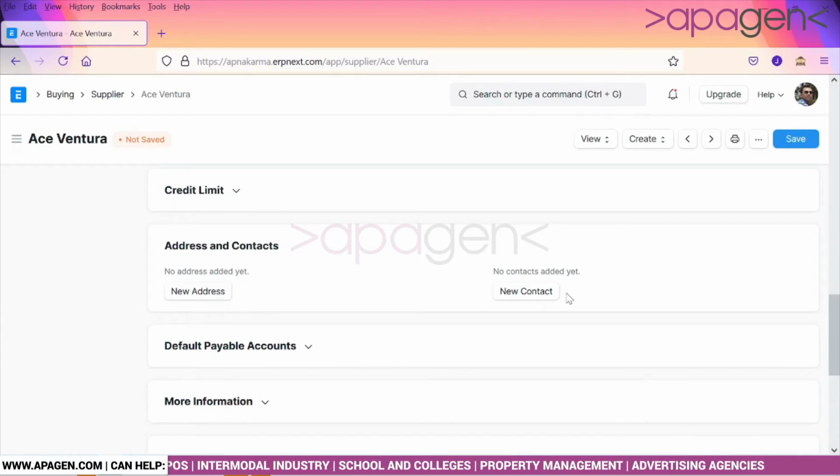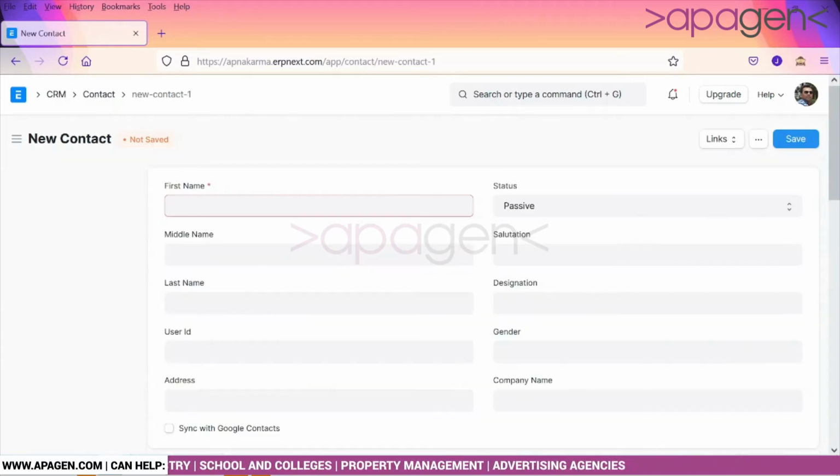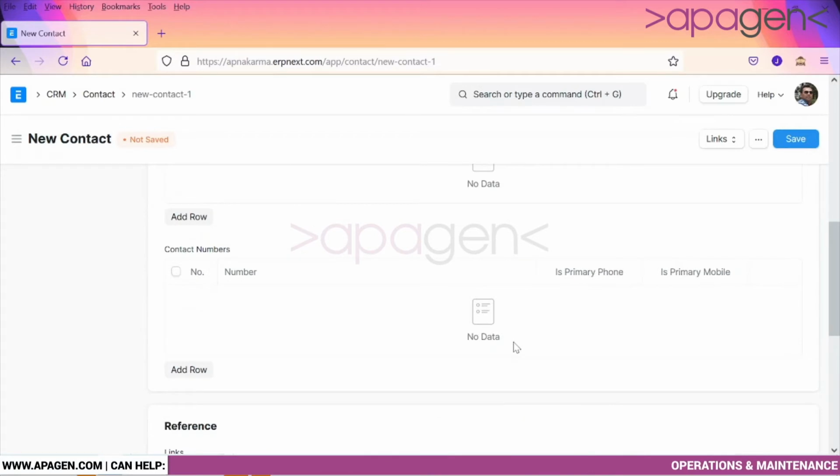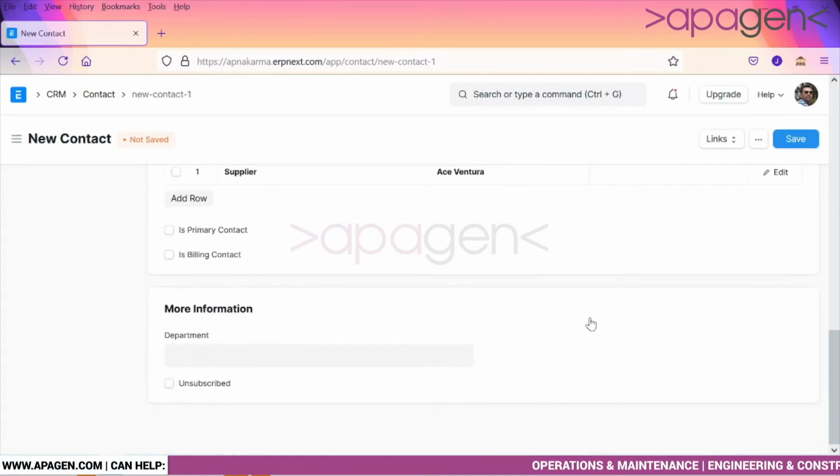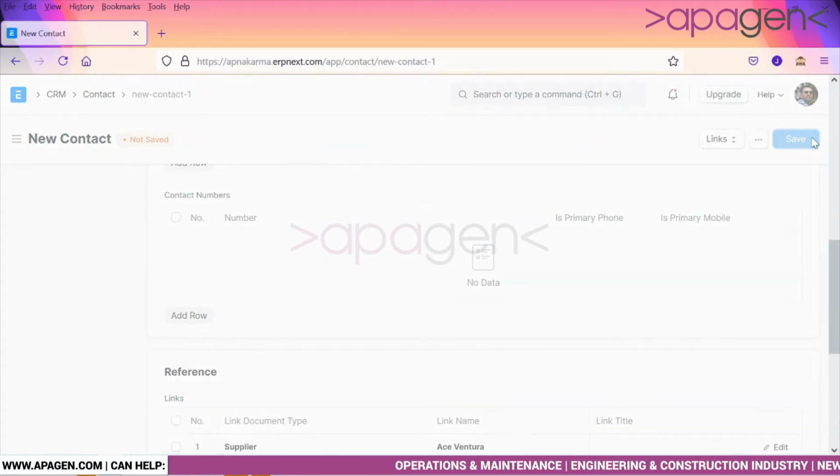You can add new contacts or addresses: name, last name, user ID, gender, contact details, contact numbers, different reference numbers. So a lot of information is available here.